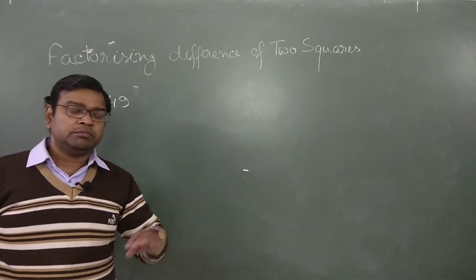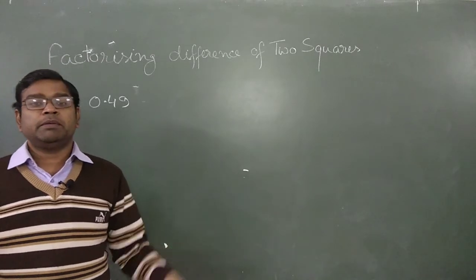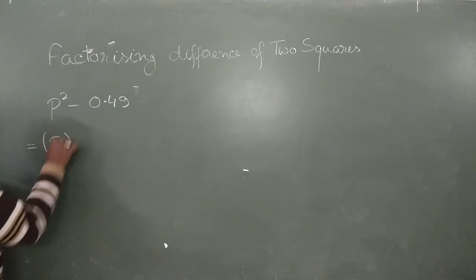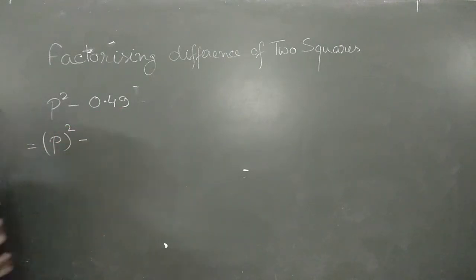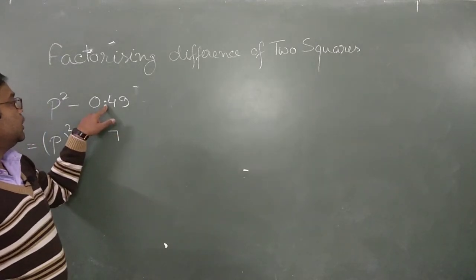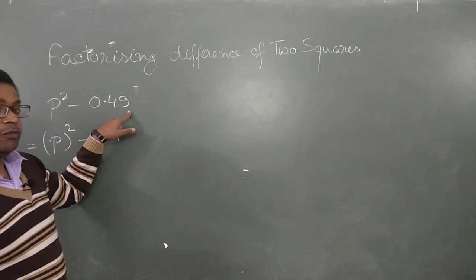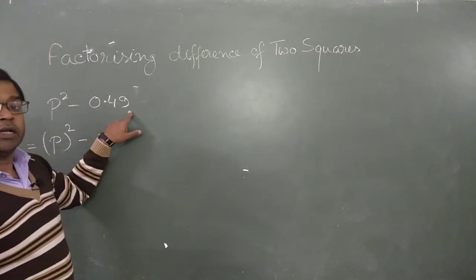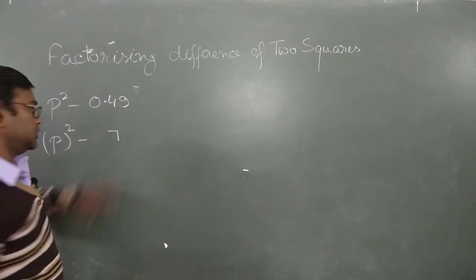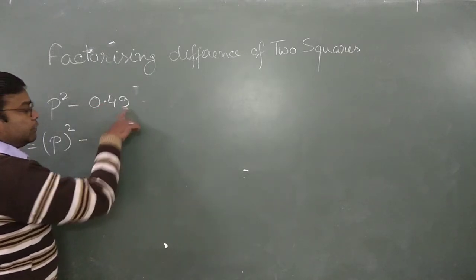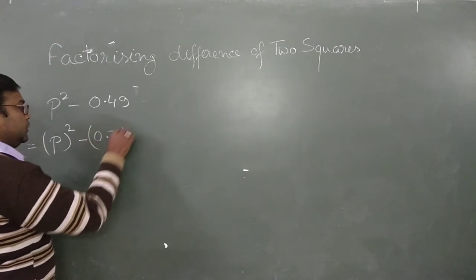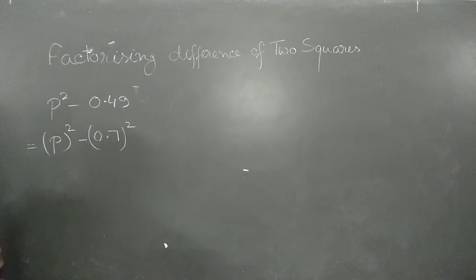You people wrongly place the decimal. So for that I am going to solve this one. It's 0.49, its square root: what is the square root of 49? The square root of 49 is 7, that we know. But here there are 2 digits after the decimal. In case of square root we write half the digits. Now here we have 2 digits after the decimal, so here we can write down only 1 digit. It's 0.7 square. Clear?